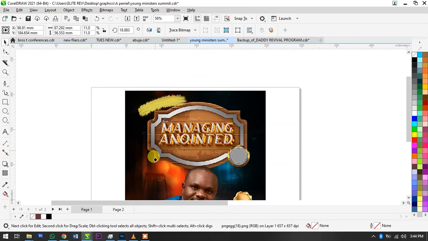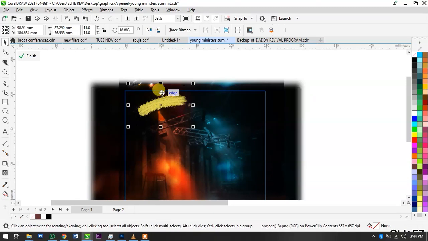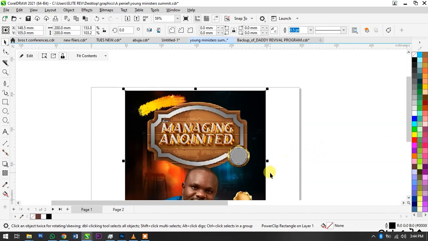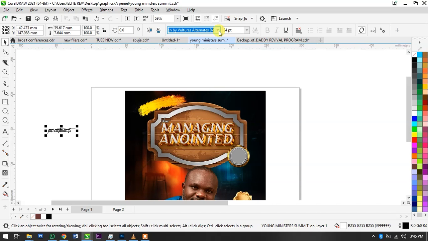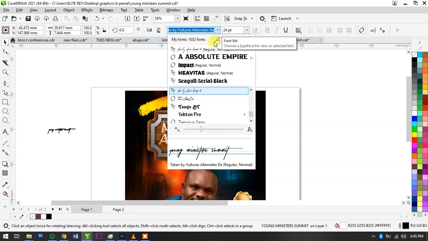I'm going to power click this one also. When I power click it, I'll do Control Page Down to take it behind the filter so that it will give it that reddish color. So I'm going to take my text tool, and I will be writing